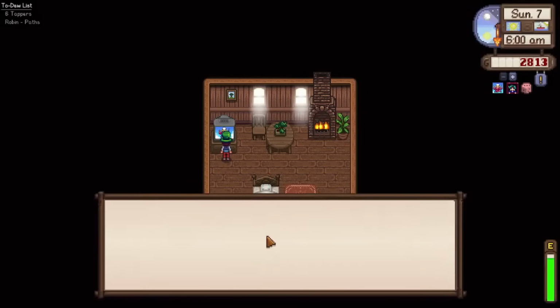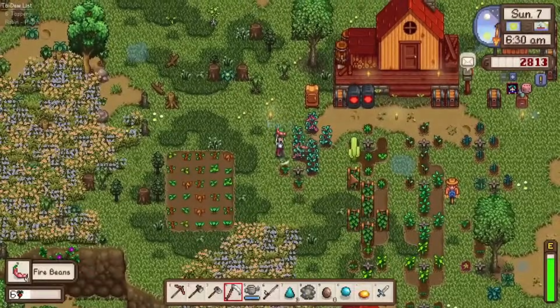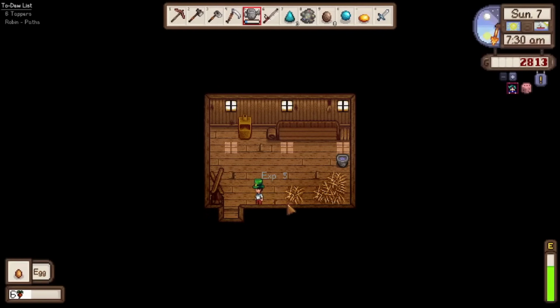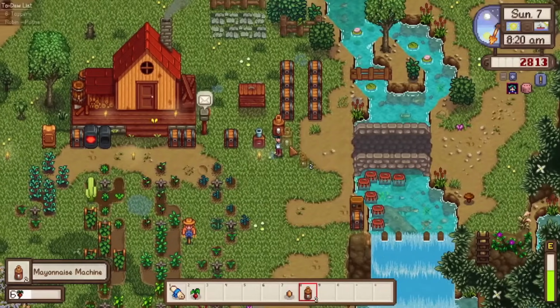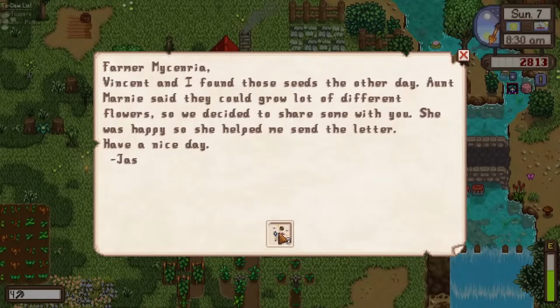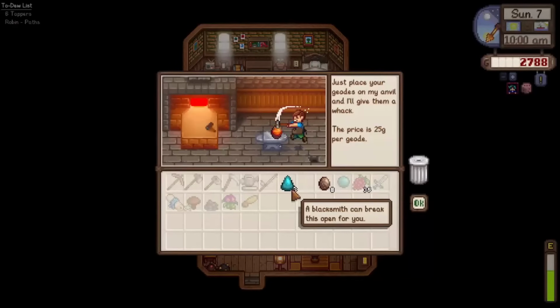Queen of Sauce taught us how to make baked fish on day 7, and we got our fire beans harvested and summer forage watering duties all done. Ulandite gifted us with our first egg of the challenge, and so we got some mayonnaise machines made and got that egg processed. Jazz kindly gifted us with some meadow mix seeds in the mail,